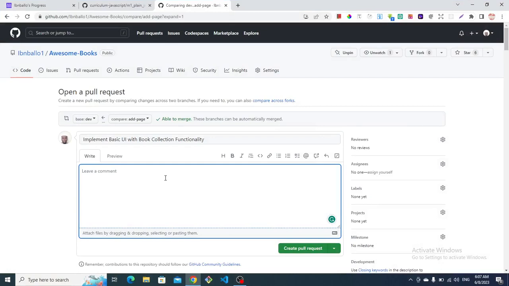So the overview, as I said, is just like a summary of the project you are doing. So in this example, in this video, I can write the overview of this pull request as: